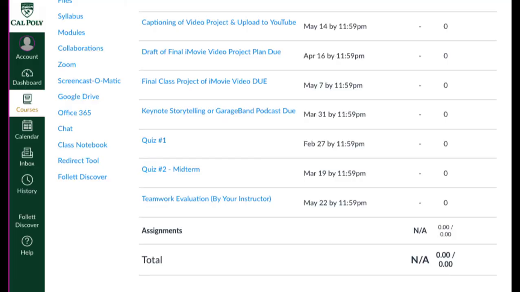Unfortunately, at this time, Canvas doesn't just automatically take that information and put it into your gradebook. You'll need to set up a grade column for attendance, and you'll need to use your Excel spreadsheet to enter that data